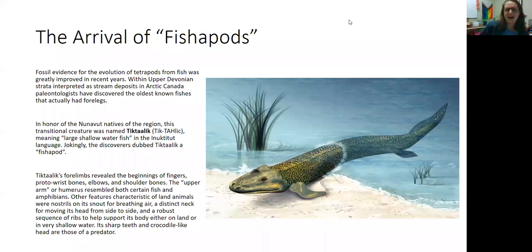You might be thinking to yourself, I don't look like a fish. How the heck did a fish evolve into something that eventually looked like me, right? Well, there were many steps along the way, and it took a very long time. One of the first steps that had to occur was that fish needed to evolve from having fins that allowed